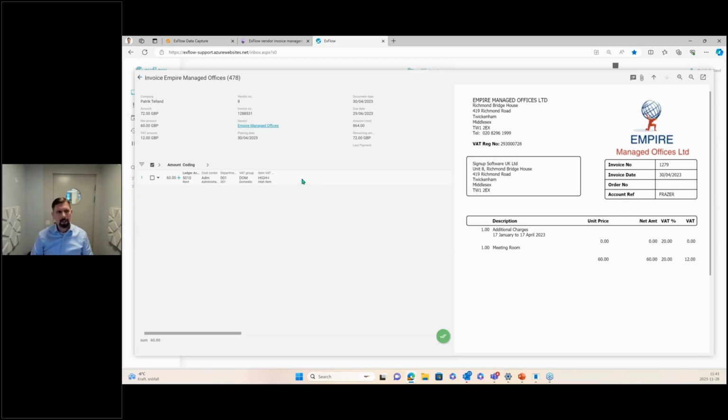If I click on the line, it opens up to me, and I can code the invoice if I, as the approver, have been given that privilege to do so. I can only select those values that I have the privilege to select, and all the account structure validations are in place. I can split the invoice if I have been given that privilege. I can approve the invoices, I can reject the invoices,